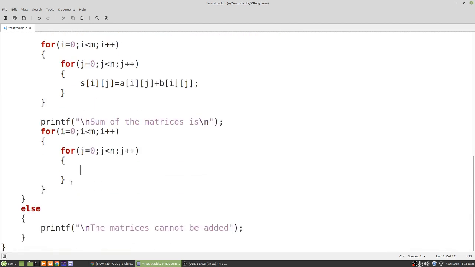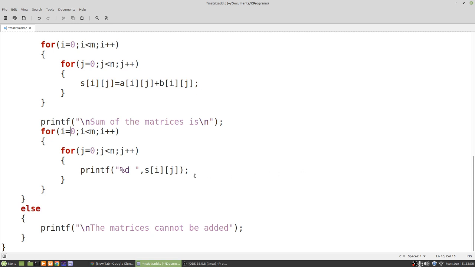So what we need to do is to print the first element followed by a space and then print the value at Sij. So what will happen is, we'll take up the first row, first column, print the value and a space. First row, second column and a space. First row, third column and a space. Like that it will go until it completes the first row.